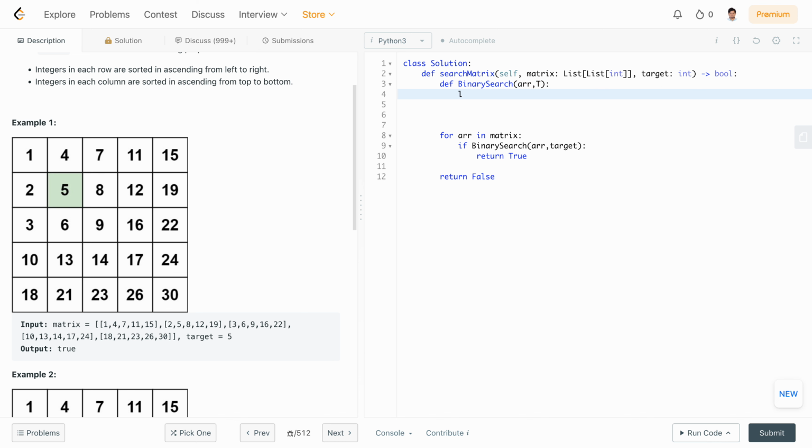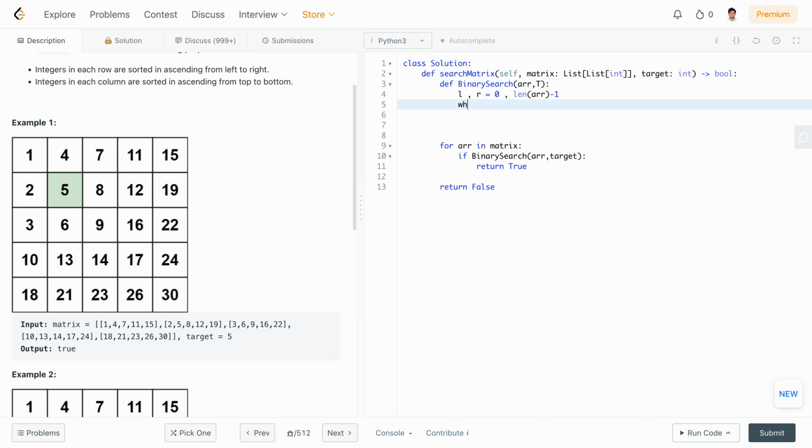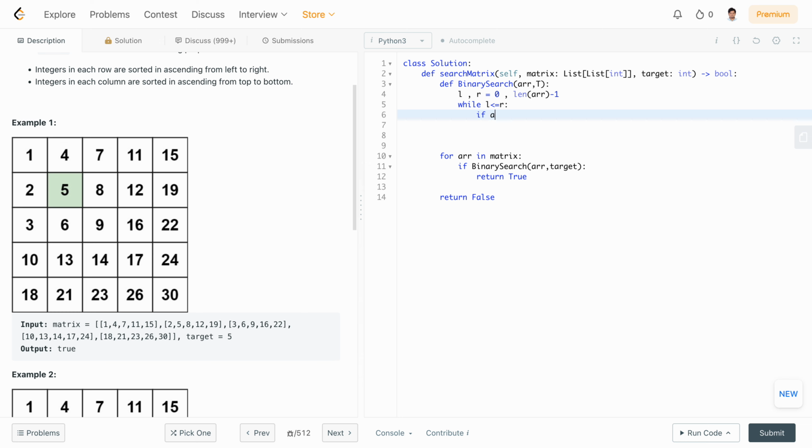So we'll take two pointers, left and right. We'll keep left at 0 and right at length of array minus 1. Now until left is less than or equal to right, we'll first need to calculate mid. There are different ways to calculate mid. Mid can be calculated like this: